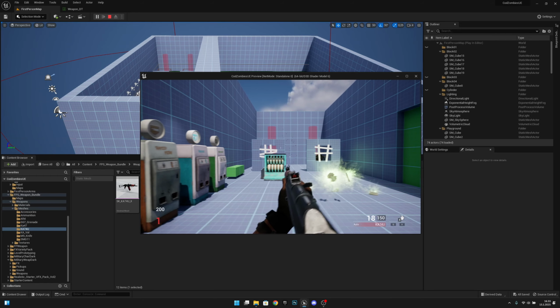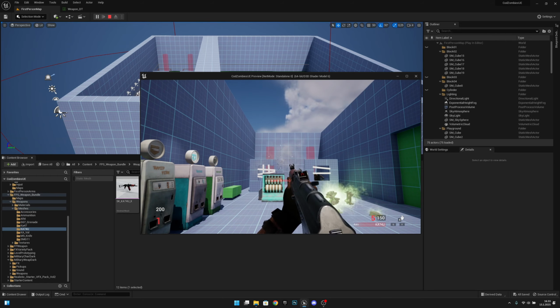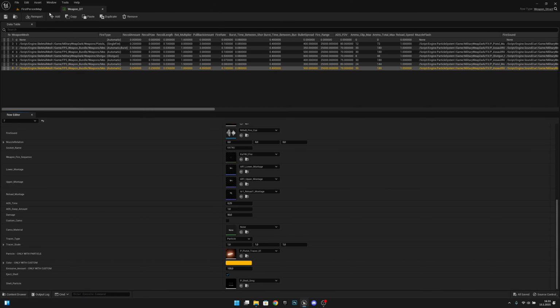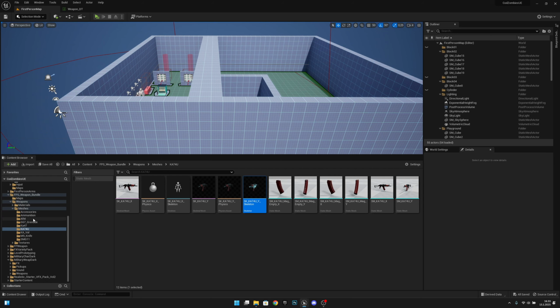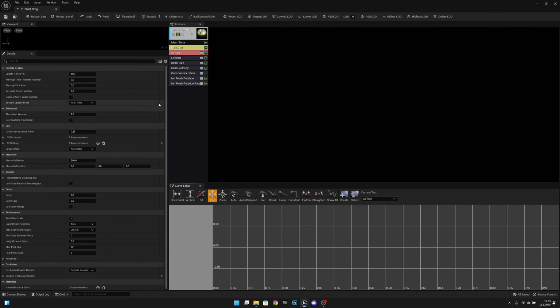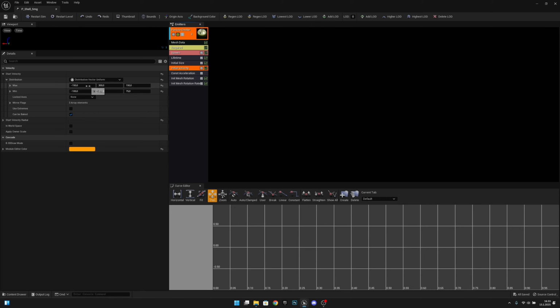Okay, I want to actually make it look a little bit better. So on the effects, to the P shell SMG, I want to go to the initial velocity and I want to make these values a little bit smaller. Yes, let's make this like